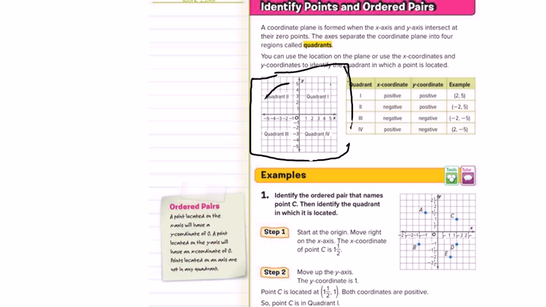Identify the ordered pair that names point C, then identify the quadrant in which it is located. Whenever I'm graphing on a coordinate plane, I always start at the origin, which is that center point, and you'll see an O that labels it. Then from there, you can move to see where your point is. If I'm looking at point C, which is here,